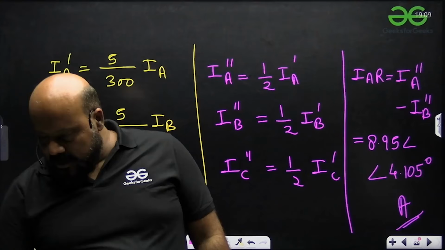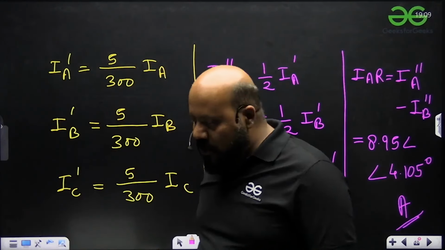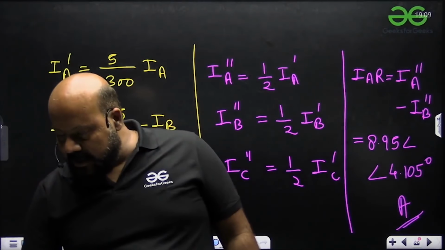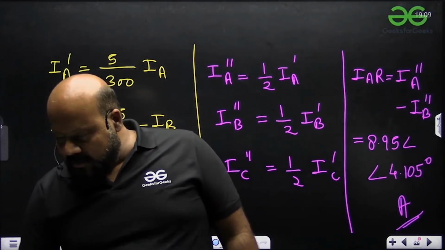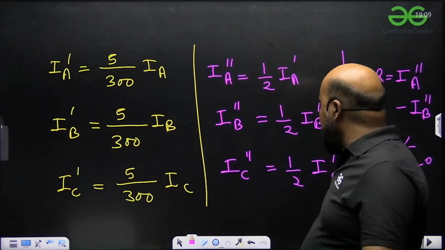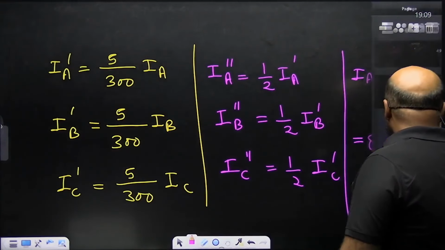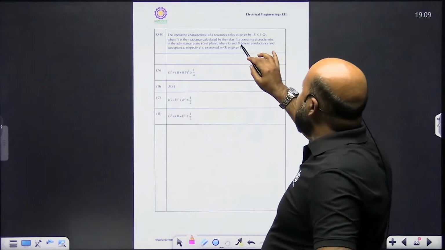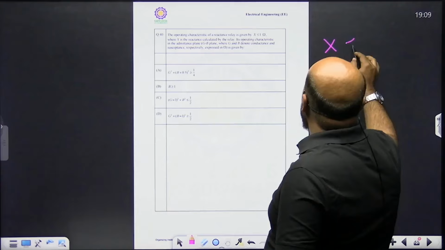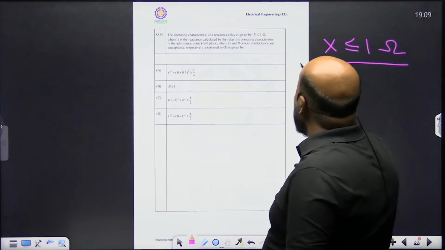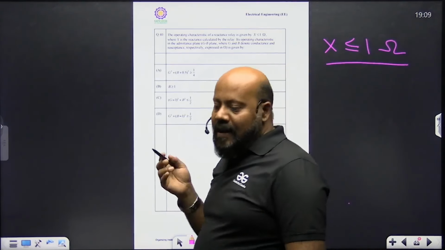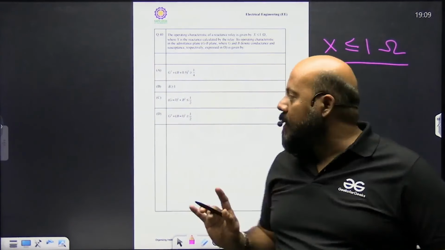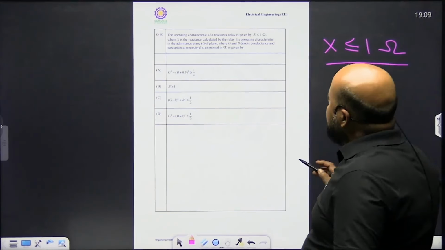नेक्स्ट क्वेश्चन क्या है, नेक्स्ट क्वेश्चन भी रिले का है। अब देखो इसमें क्वेश्चन ने आपको थोड़ा सा कंफ्यूज करने की कोशिश करी है। इसने कहा है कि द ऑपरेटिंग कैरेक्टरिस्टिक ऑफ अ रिएक्टेंस रिले इज गिवन बाय x लेस देन 1 ohms। मतलब इसने रिएक्टेंस डायग्राम में बताया कि x की वैल्यू 1 के बराबर या उससे छोटी होगी तो ही रिले ऑपरेट करेगी, वरना नहीं करेगी।